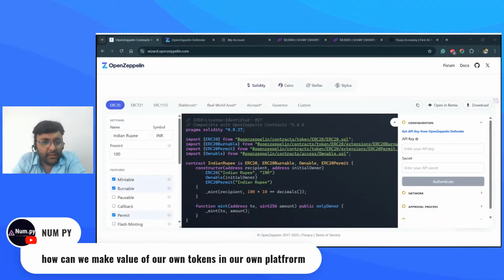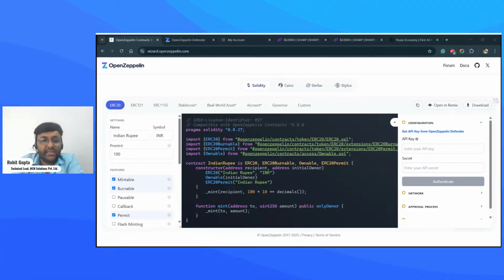Okay, we have another question: how can we create value for our own tokens on our own platform? Good. The value of the token is initially decided by the DAO, the decentralized autonomous organization, the people who control that token. But later on, as the token goes live in the community, you don't have control.